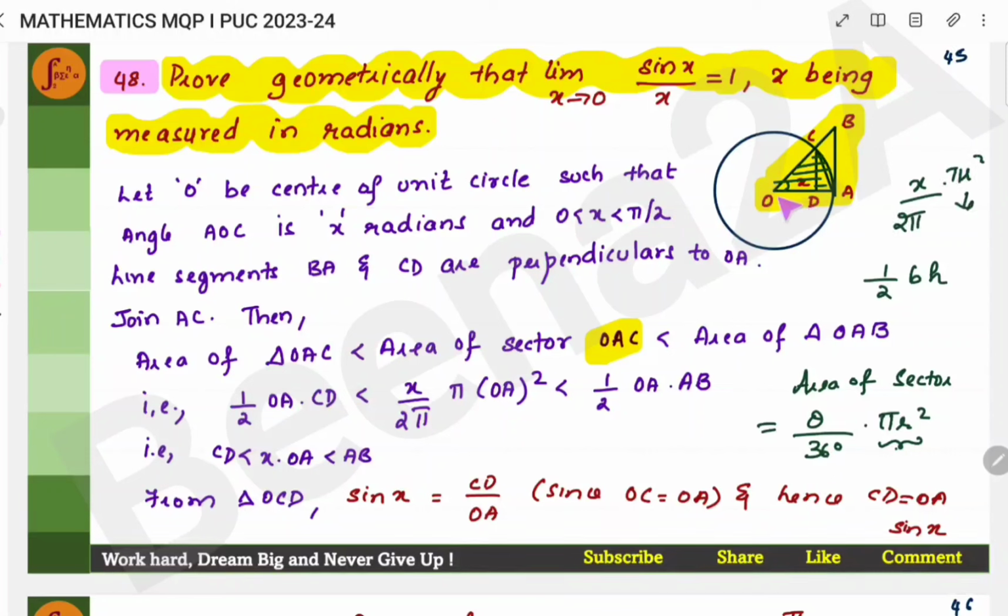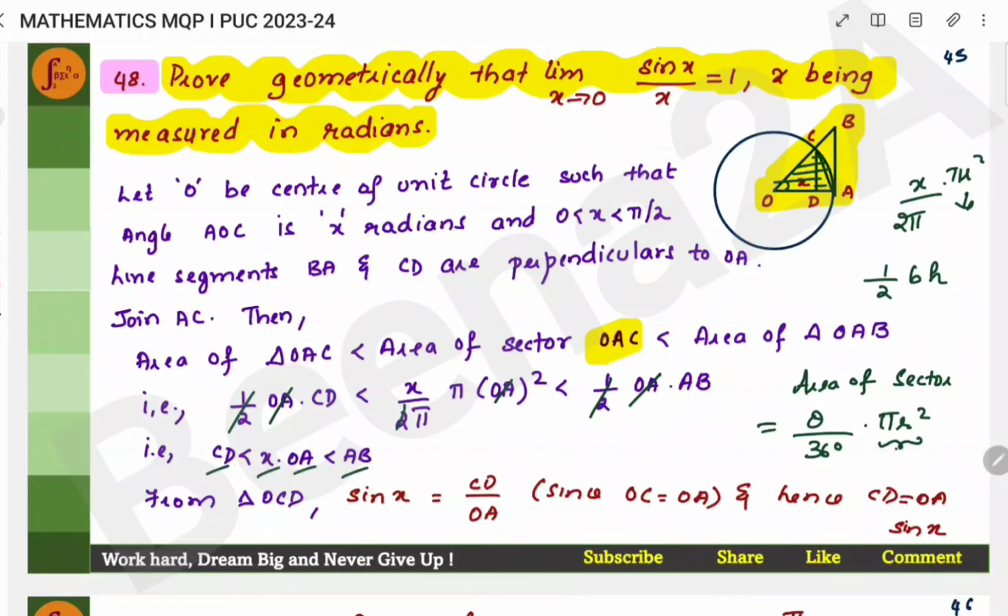What is r? r is nothing but OA, so OA square. So you have to remember this area of sector. And the area of triangle OAB is again half base into height. Base is OA, height is AB, right? Now half and half you can cancel. OA, one OA is cancelled. What are you left with? You have CD, then you have x into one OA, then you have AB,